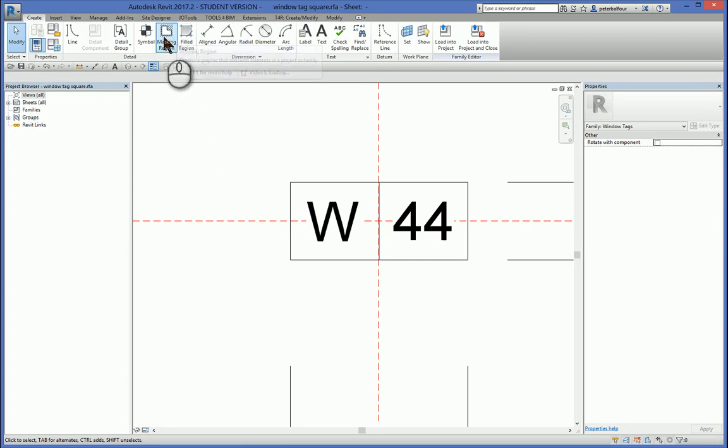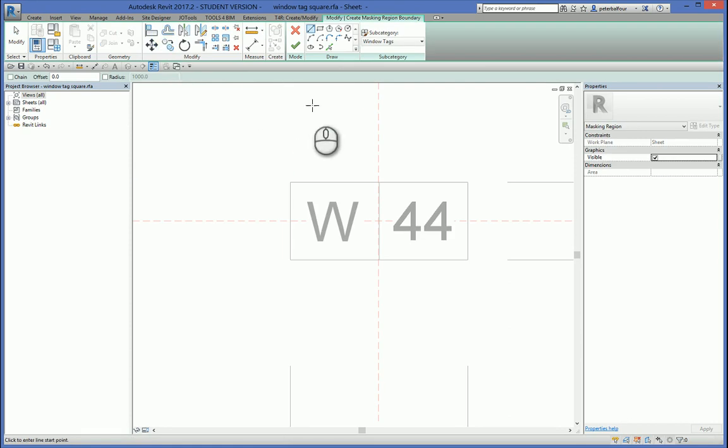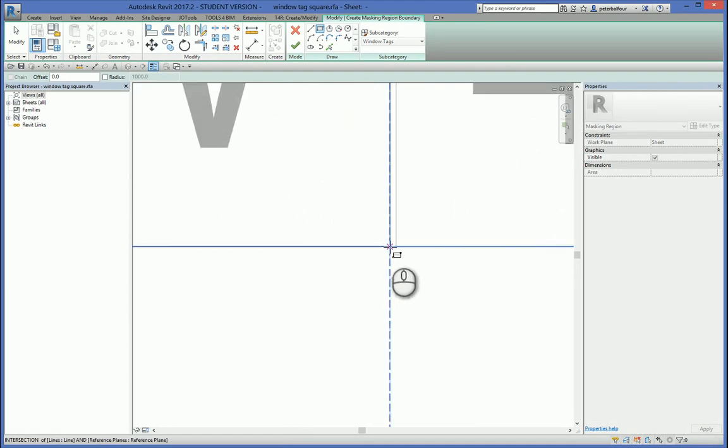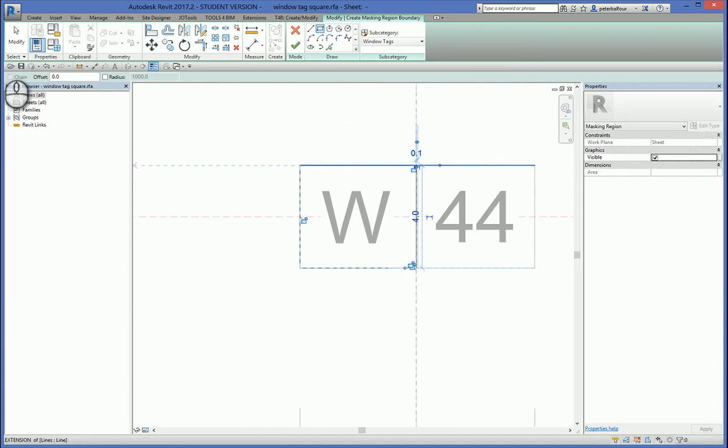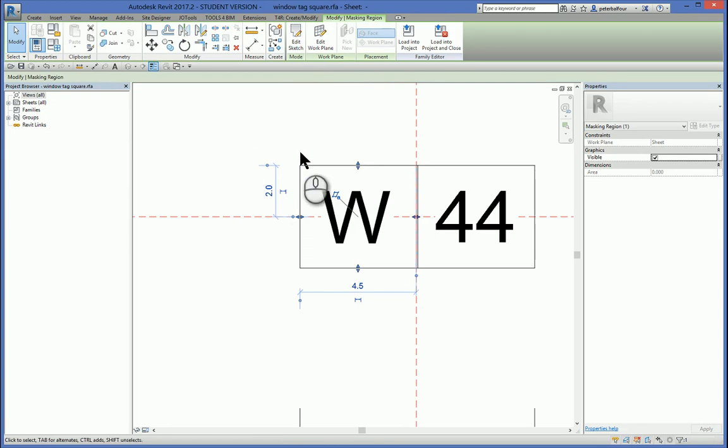Well, it's not a filled region, we're actually putting a masking region in. And we can use the square function. We'll start there and we'll continue where the reference plane joins to that point there. We don't have to lock it. And now that we have created that region there, if we click on it and highlight it,